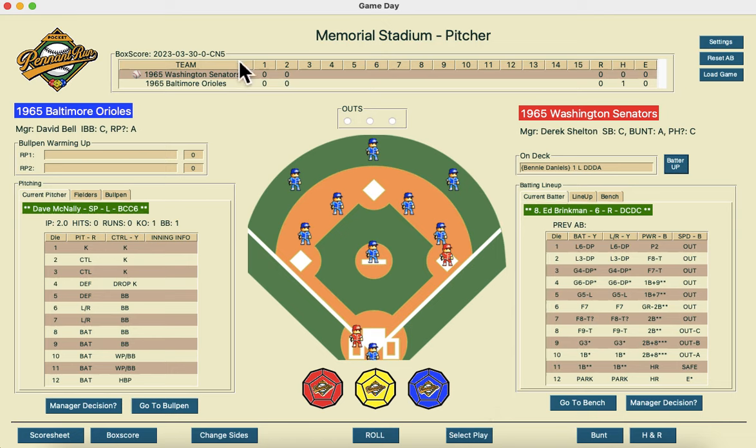At the top you have your box score. It has the game ID, the stadium, and the stadium's favorability. You have settings. You can reset the current at-bat you're on or load a game that you've saved. All your games are saved after every at-bat, so you can restart at any time that you want. If your program crashes for some reason, battery runs out, whatever, you'll have that save point at the very last